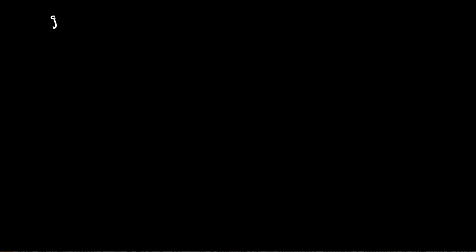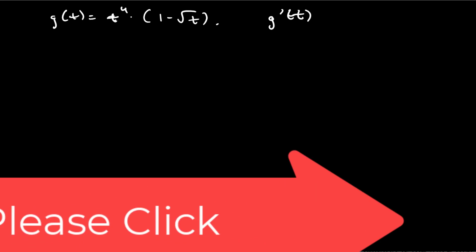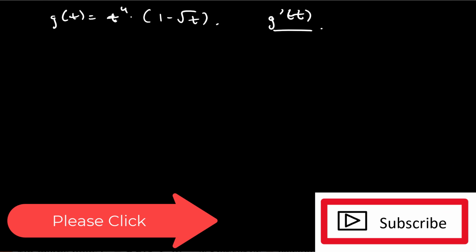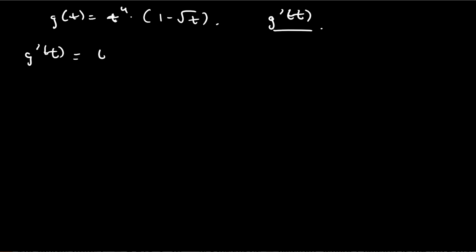Suppose I had g of t is t to the 4th multiplied by 1 minus the square root of t. And we were asked, find g prime of t. Well, we would proceed again. G prime of t is going to be the first term multiplied by the derivative of the second term plus the second term multiplied by the derivative of the first term,